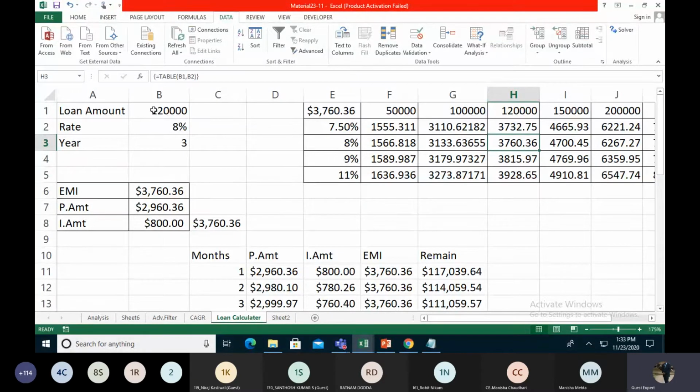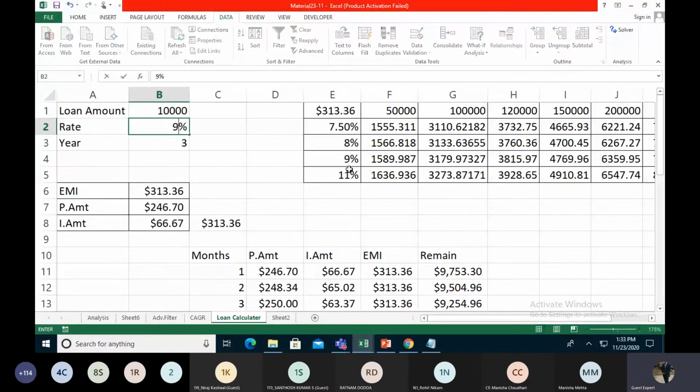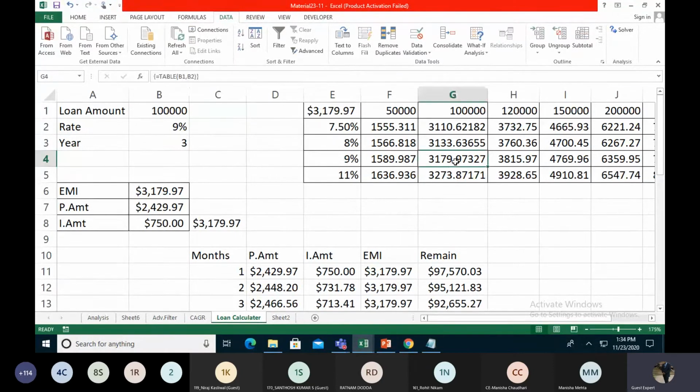If we check 1 lakh over here, 1 lakh, and we take 9%. So this is the 9%. Just refresh it, but right now the value is going to be the same. 3,169. Right now, the origin value is 1,20,000 and 8% is the same.